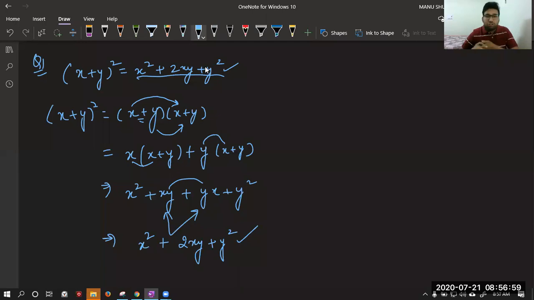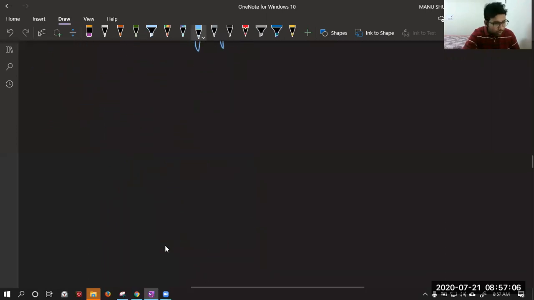Yes. Now we will use the formula in question number 1. It will make it very easy to solve. Let's start. Question 1. Suppose I take the fifth part. No, let us take the sixth part. Let's try the sixth part, 46. We can write 46 square as (40 plus 6) whole square.